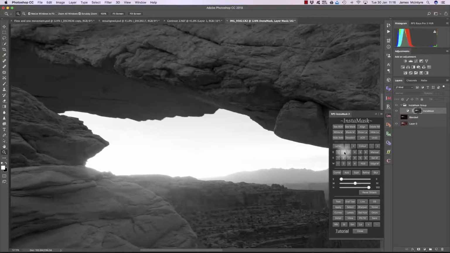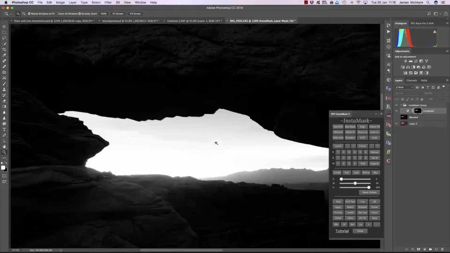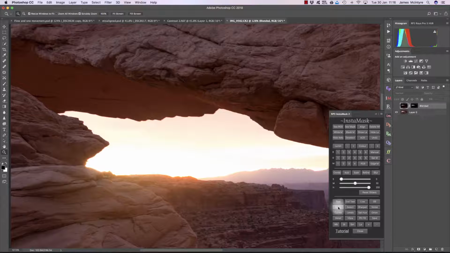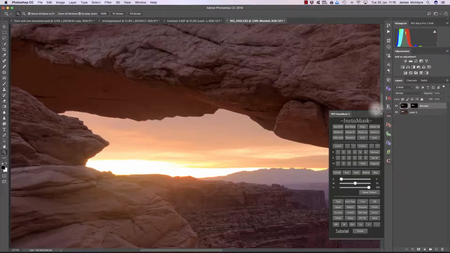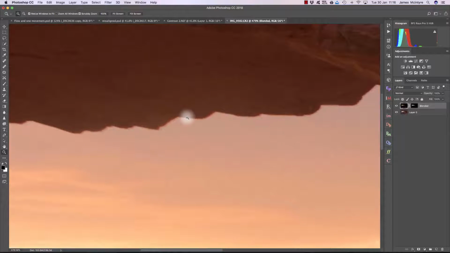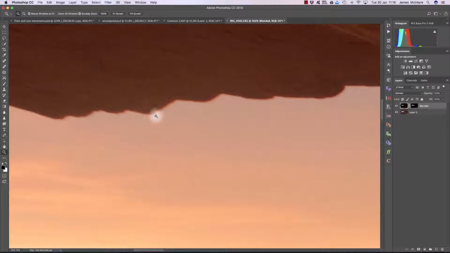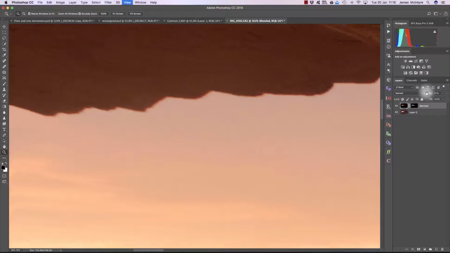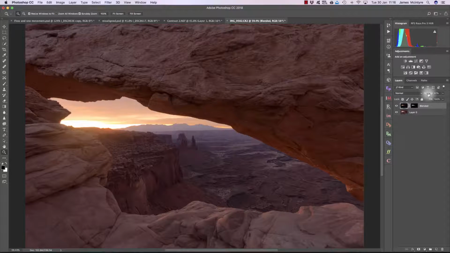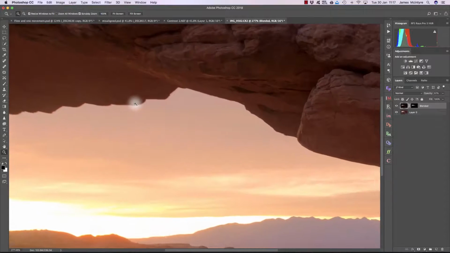We need the foreground to be darkish and the sky to be quite light. So that looks quite good. And now if I click on blended, I can press apply and show that layer. And when we zoom in, we don't have that more obvious edging. You can see some slight edging along here, but not much. That's mainly chromatic aberration, which I didn't clean out earlier on when preparing these images. And so if I bring the opacity down just a little bit, we now have a cleaner result along the